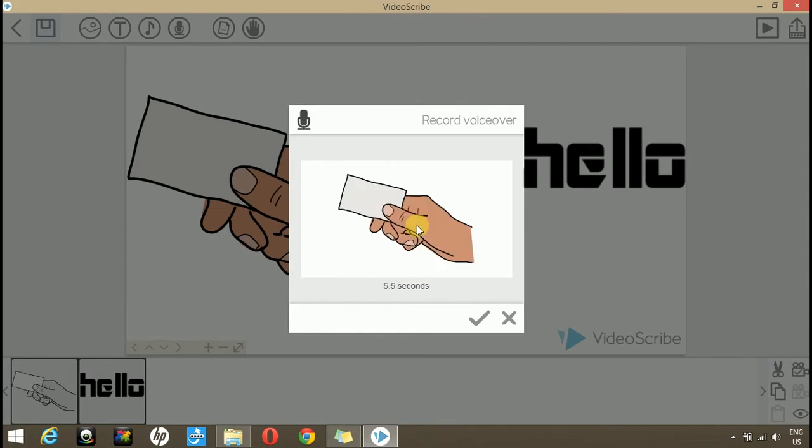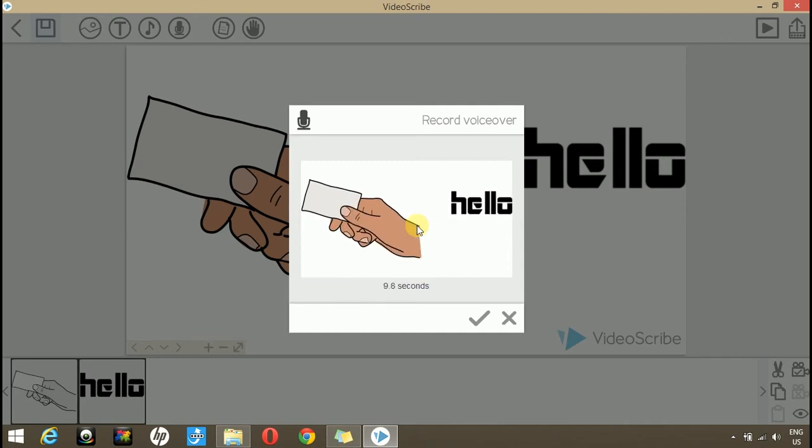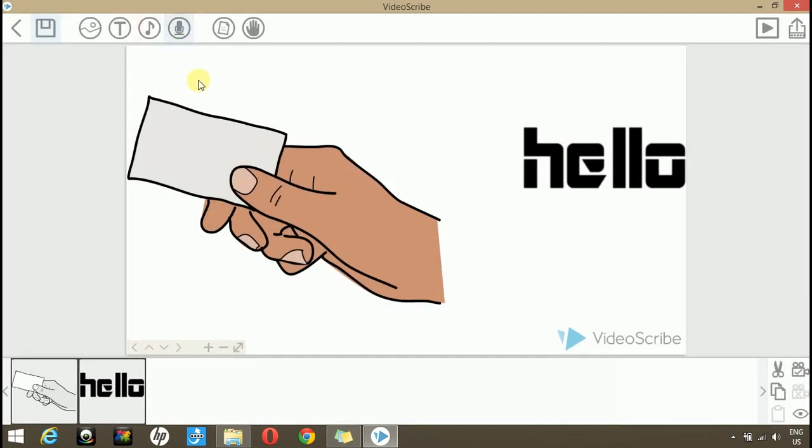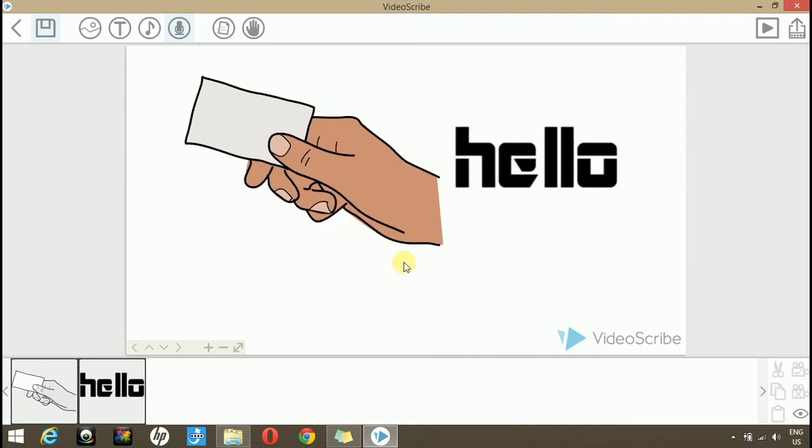This is used for recording the voices. Now once completed, you can click this and now it is processing the voiceover. Now you can see that the mic icon is highlighted, which means that we have an audio recording in our composition.